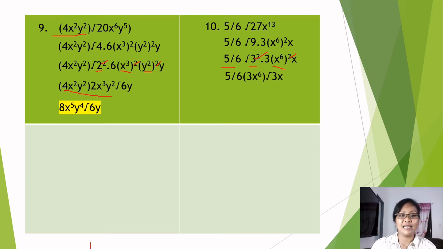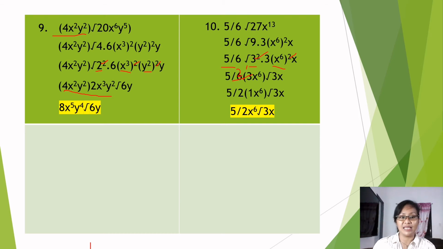3x. 3 and 6 can be cancelled because 6 is the denominator of the fraction 5 all over 6, and 3 is a whole number. So 3 divided by 3 is 1. And 6 divided by 3 is 2. So we have now 5 halves times 1x to the 6th power square root of 3x. And our final answer, we have 5 times 1 is 5 all over 2, x to the 6th power square